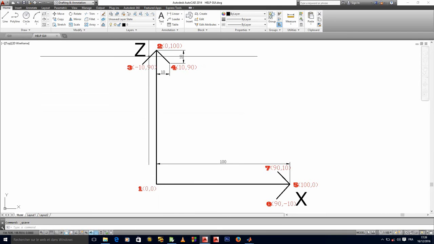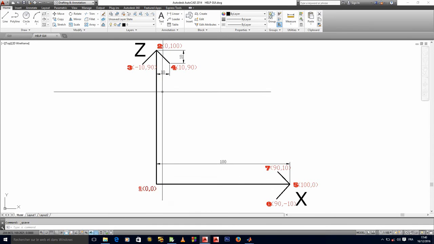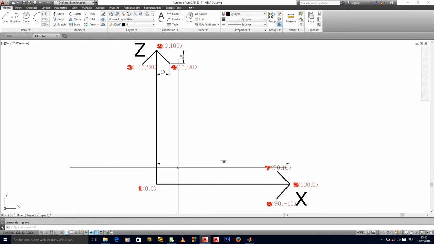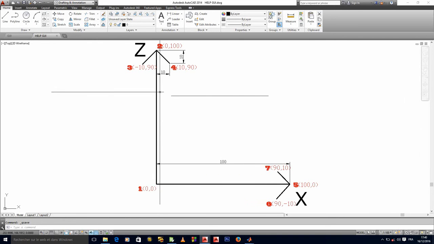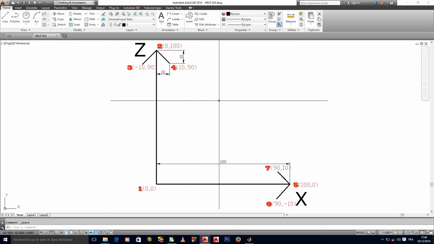If I want to draw this other line here, I'll have to join coordinate 2 and coordinate 3, right? The coordinates of these 2 points will give me the line, and the coordinates here have been calculated. So point 1 here is the origin, and the origin obviously is 0, 0. Point 2 here is 0, 100, because if you have a distance of 100 here, then the distance up here will also be 100, okay? So you have 0 following X and 100 following Y in our axis.